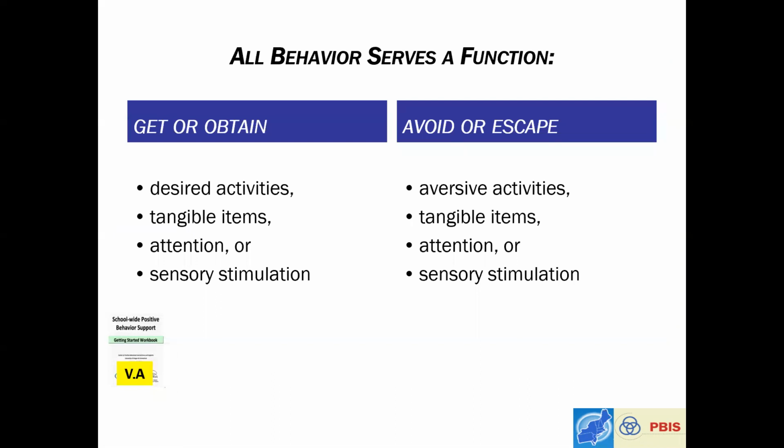As a brief review, in Part 1, we discussed how all behavior has a purpose, also known as a function. It doesn't mean that a behavior is good or bad. It simply means that the behavior works for an individual because it allows them to either obtain something desirable or escape or avoid something undesirable.